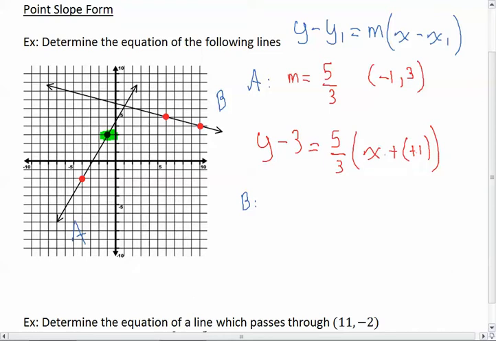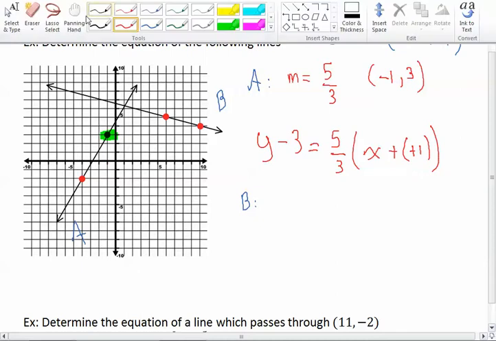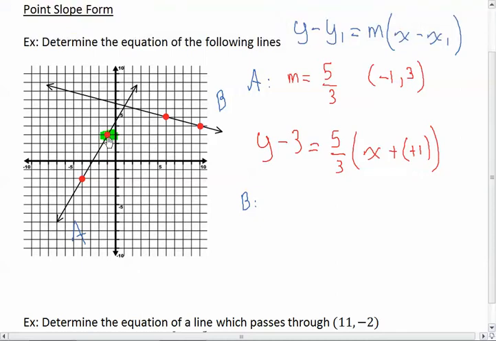How did you get negative 1 and 3? Sorry, I was writing that. Yeah, no worries. What I did is we're just using the coordinate for this given point. So it's negative 1 on the x-axis and 3 on the y-axis. Yeah. So what I want you to try now is we're going to do the same thing. I want you to find the slope, and you can use one of the given points